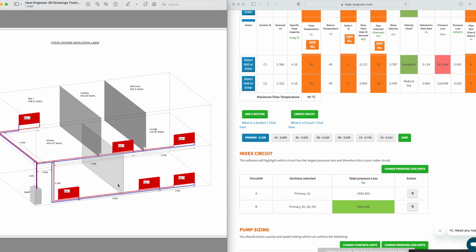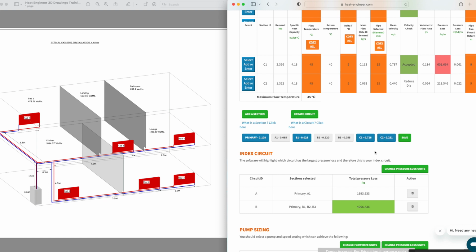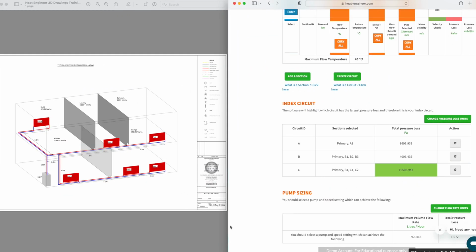And we decide, okay, so what is going to be in this circuit? Well, the primary obviously is in it. B1 is in it. A1's not, but B1 is in it. B2 is not in it, and neither is B3. But C1 is, and C2 is. So we just click on C1 and C2, and we save it. And then, voila, you can see there, section C has now been highlighted as the index circuit at 10,505 pascals,